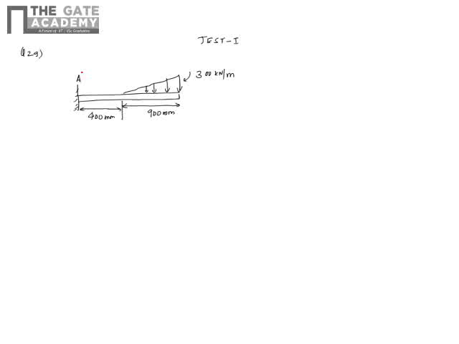Okay, now what we need to find out is the maximum bending moment. Obviously the maximum bending moment in a cantilever beam, unless the load acts upwards, is at the built end. Okay, so first what we do is we replace this triangle load with the equivalent